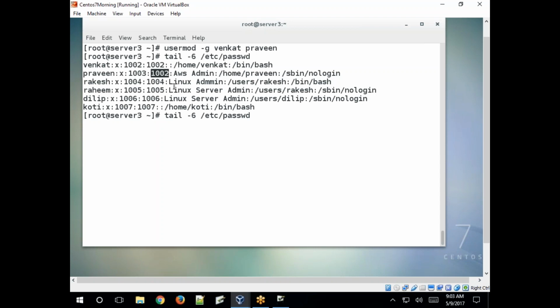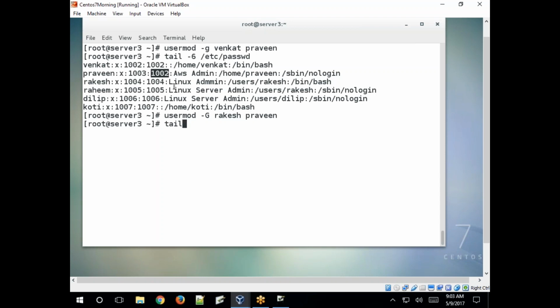So if you want to add user Praveen to other groups, -G, space, what is that group name? Group name, right? So which one? Rakesh. Rakesh. Just add.